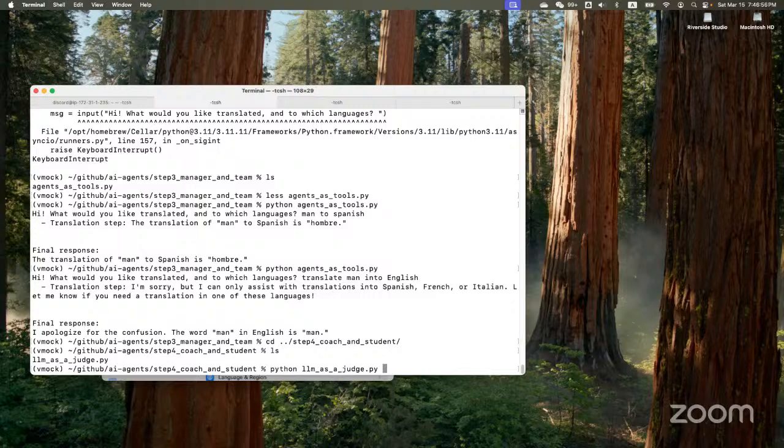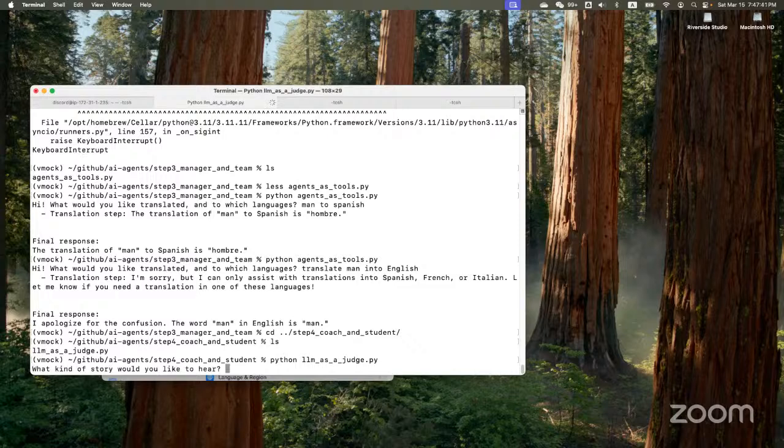Yeah. So in this example, there are two parties. Just to take our analogy to this example, there are two agents in this code. One is a student who can write an essay, and write a story, and the other is a judge who will look at the output of the student and then give some feedback, and then the student will actually revise based on what suggestions the judge has.